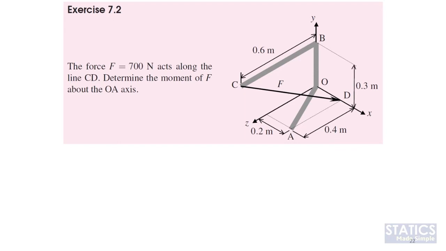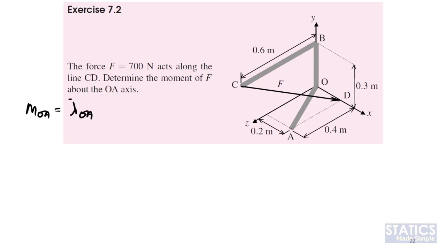So for example, in this question, we have force F equal to 700 Newton acting along line CD, and we want to determine the moment of F about the OA axis. So what's the strategy? This is the F, right? And we want to find the moment of this F about OA. So we want to find MOA, which is equal to